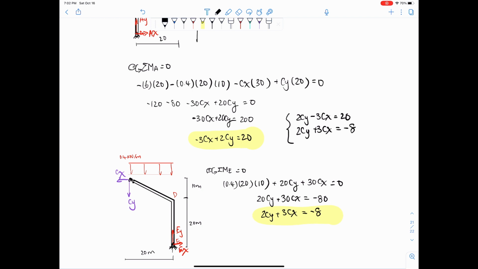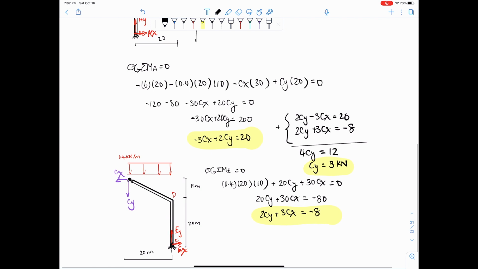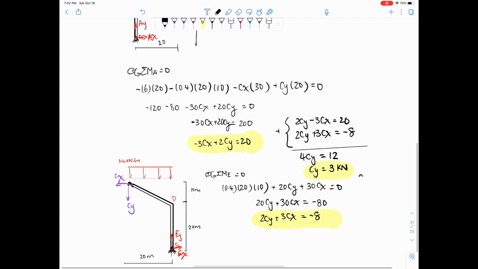All right, so for this example, we don't have to do any substitution, just add the two together and it should work. So that's 4cy equals 20 plus negative 8, that equals 12, and you get cy equals 3 kilonewtons, okay? And then once you have 3, it's very easy to calculate the rest. Just plug it in any of the equations. So in this case, I'll plug it in the first one, and you get cx equals to, let's see, 6